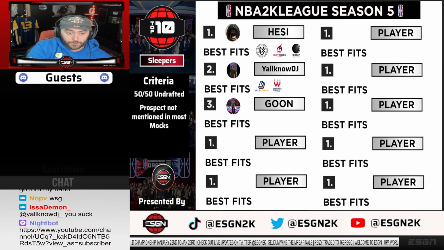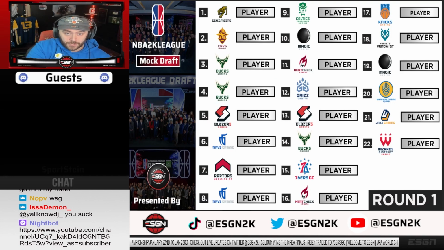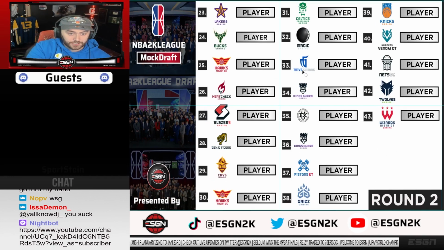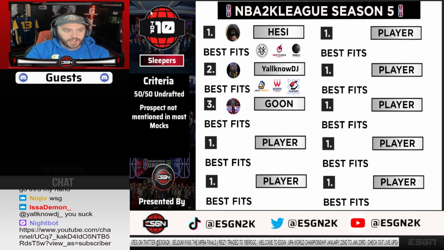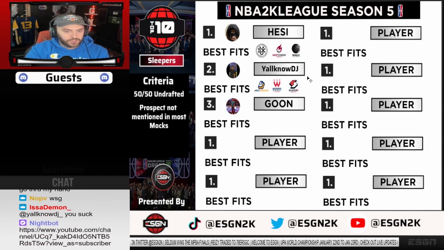So I think the Wizards and the Jazz are both good teams looking for a team that needs a shooting guard. It just depends what the Celtics do in the first round. I don't think the Celtics are going to get... they're probably going to wait. I think the Cavs would be a really good team too, but I think the Blazers would be a really good pick for them to get Y'all Know DJ, especially in that second round. If the Blazers get Kenny Zeus and then you grab Y'all Know DJ, he's another guy I think you really could do well with if you get him in that round.